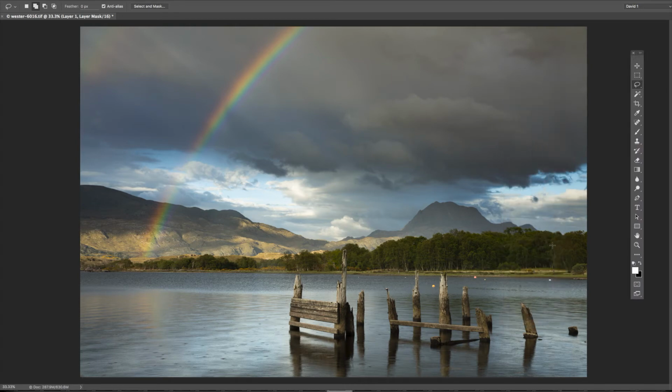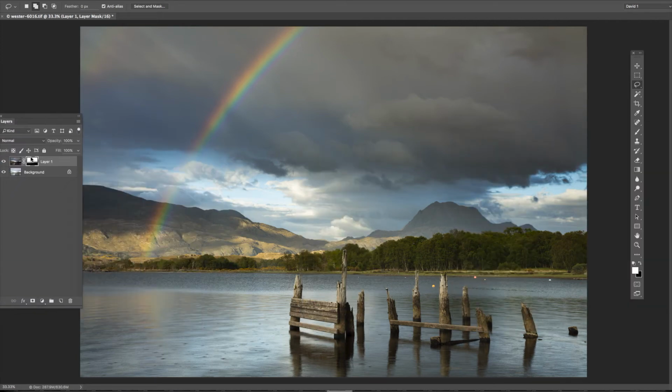And what we've got here is a little bit of a dark edge to the top of the woods, just a little slightly distracting there, and also the bottom of the mountains looks a little bright as well. So I want to fine tune that selection. So bring this back in again, make sure my